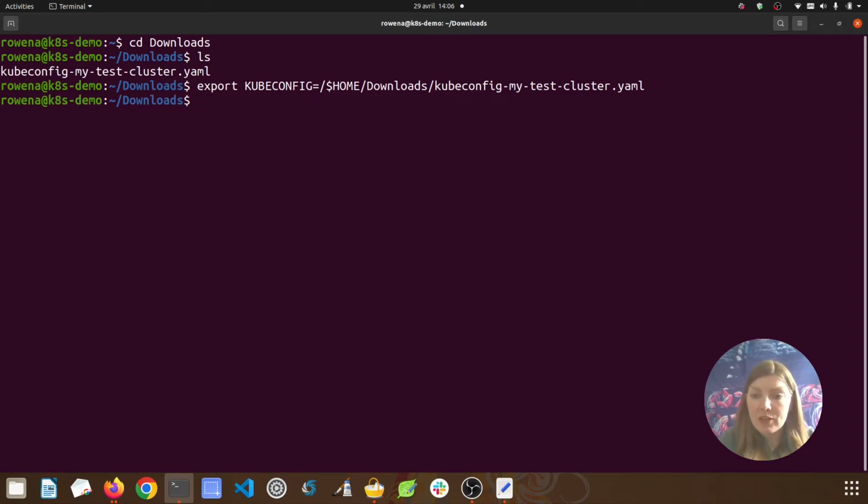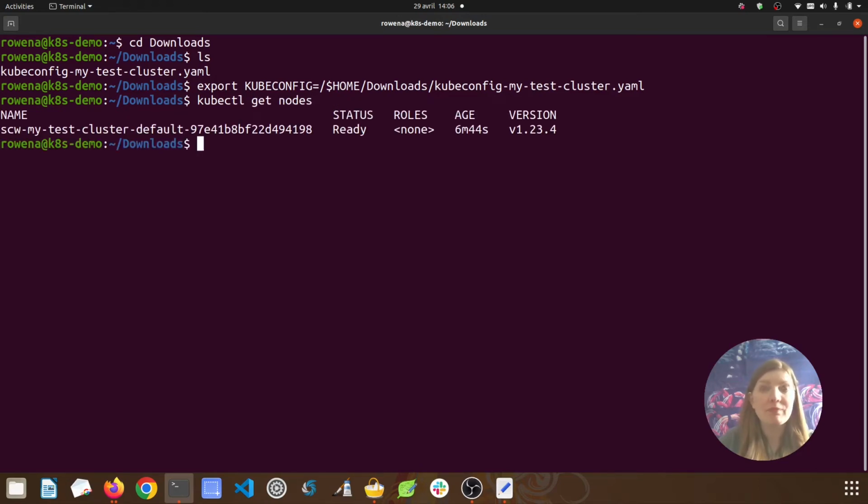Okay, so just to check that everything is working, we can now do kubecontrol get nodes. And we can see that we can connect to our cluster, and it tells us the state of our cluster's nodes. So we can see the name here of our cluster, that it's in a ready state, how long it's been up and running for, and its version. So everything looks good.